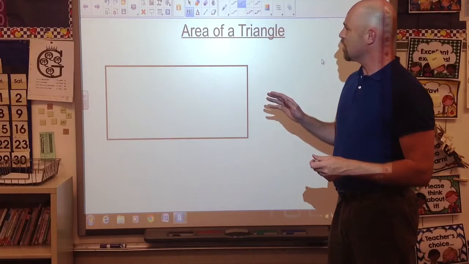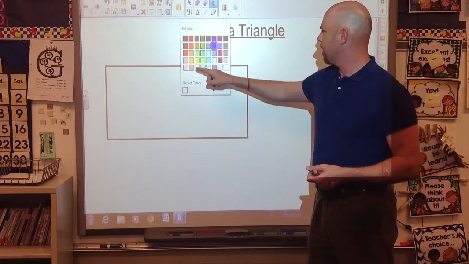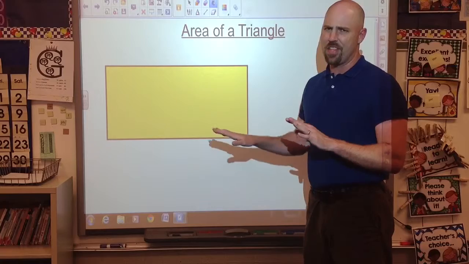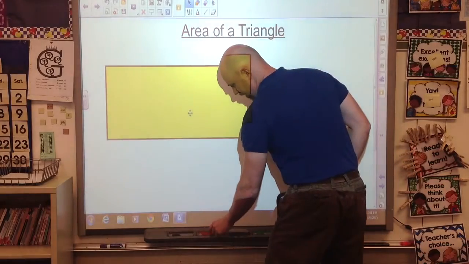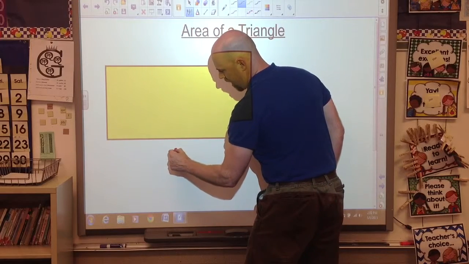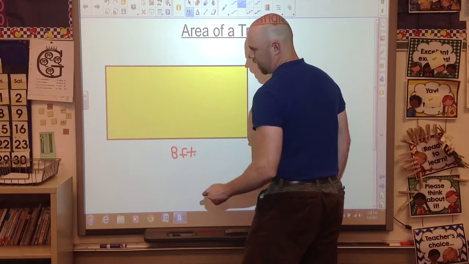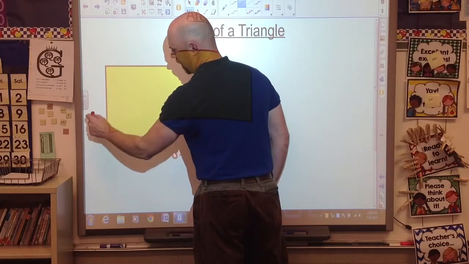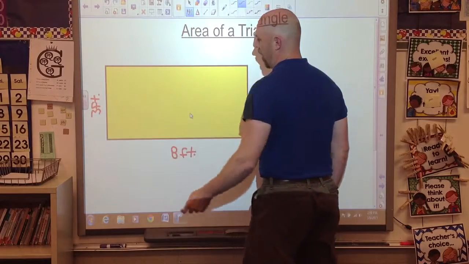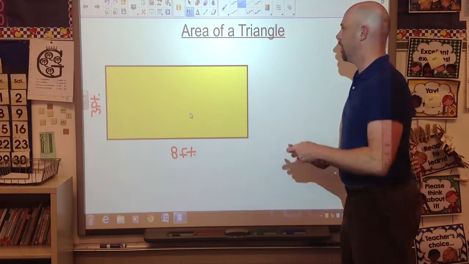Alright, let's just talk about the area of a rectangle first. Remember we talked about area means all the stuff on the inside. So let's call the base of this thing 8 feet across, and we'll call it 3 feet wide there. Okay? So when we did our formula for the area of a rectangle, we know that that formula